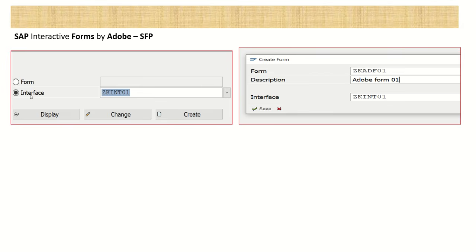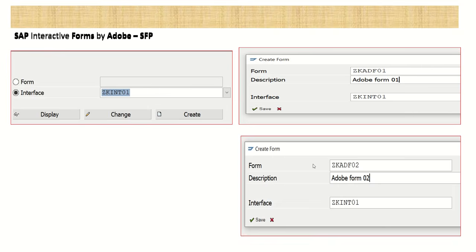Suppose you create interface 1 with all our importing and exporting parameters, global data declaration and complete logic. We can first create Adobe Form 1 with that interface, and then create one more Adobe Form with the same interface. So this means this one-time development we can use in multiple forms. Fine. So here we have to give the form name and interface name,